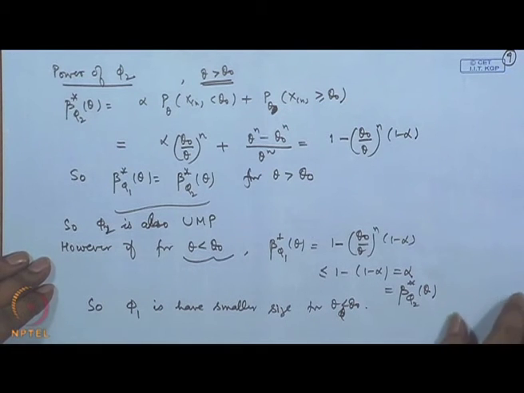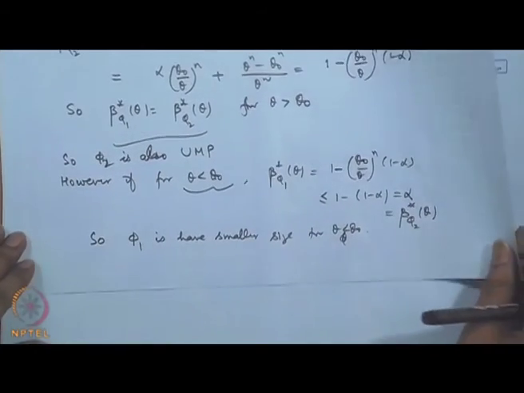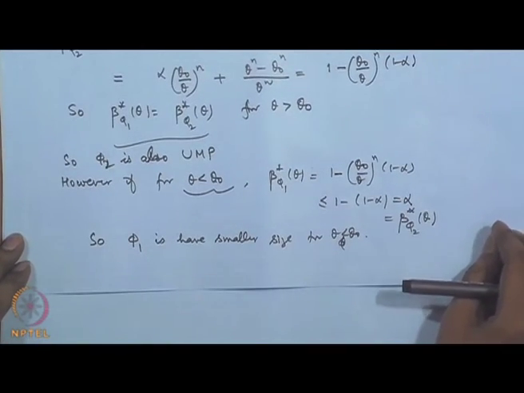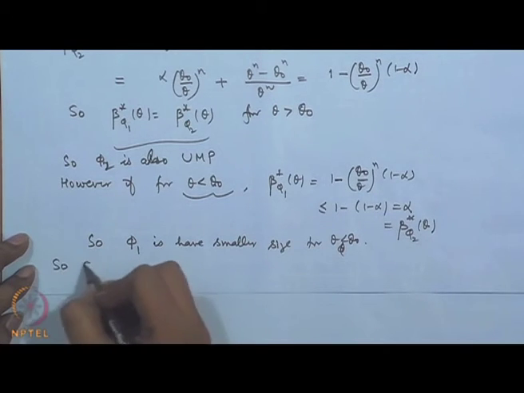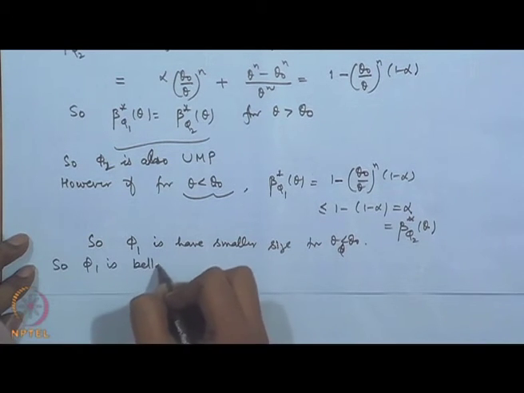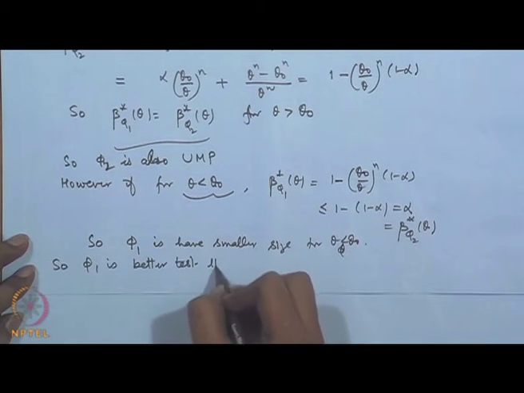See, I have derived one test phi 1 as the UMP test by the usual Neyman Pearson theory. I proposed another test phi 2, and I showed that the power function is the same. So, that is also a UMP test. However, now I am showing that the second test has uniformly size equal to alpha, whereas the first test has it less than or equal to alpha. So, I will consider phi 1 a better test than phi 2.